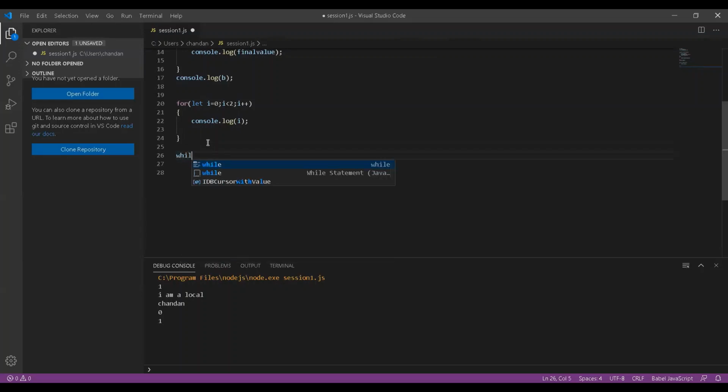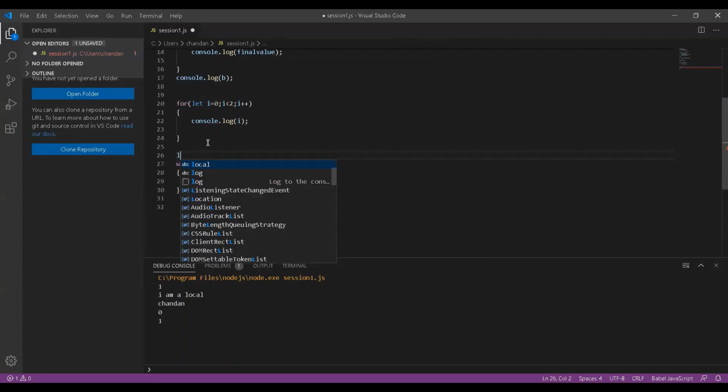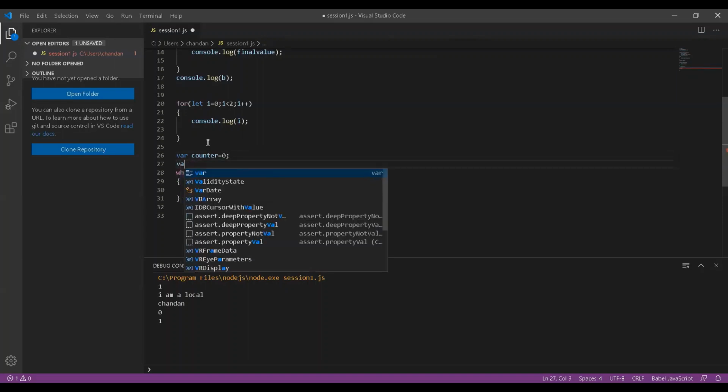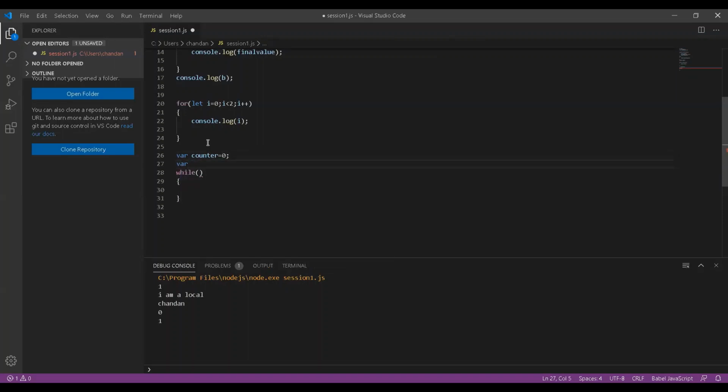Now the next logic is while loop, right? So I will declare a variable, let's say variable counter, and I'll save it as 0. Now I will also declare a variable while count is equal to 10 or not 5,